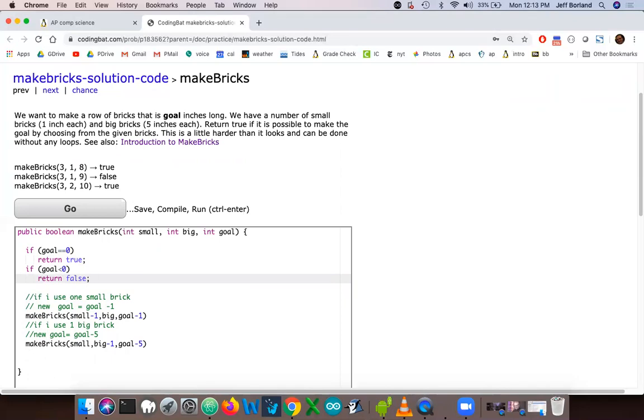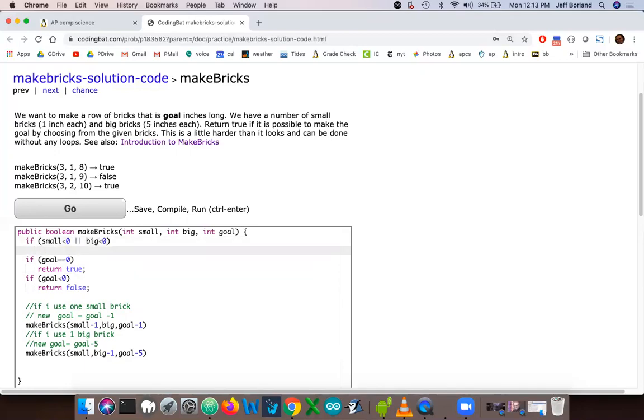Okay. We also, if we've used too many bricks, if small is less than 0 or big is less than 0, like if somehow we kept subtracting, then we return false, because that doesn't work, right? So if I ever get to negative bricks, return false, because that doesn't work. I can't do this forever. And then what I'm going to do,